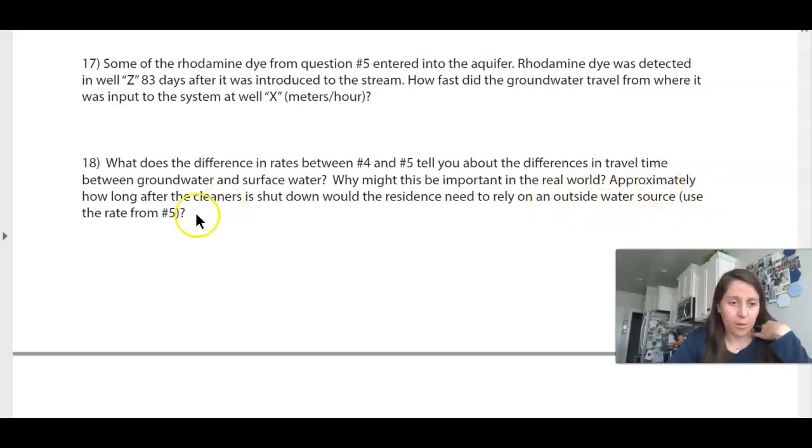So, approximately how long after the cleaners is shut down would the residents need to rely on an outside water source? So using the rate that you found over here, you have to find the distance between the dry cleaner that is dumping their waste into the groundwater and the residents. And based on that distance and the rate that you had found over here, calculate the hours or days that it would take for the residents to be relying on outside water that is not contaminated, so that they don't get poisoned. Okay,